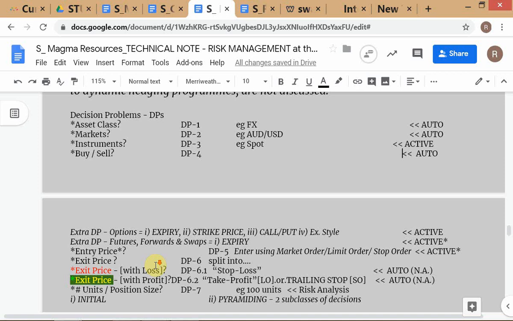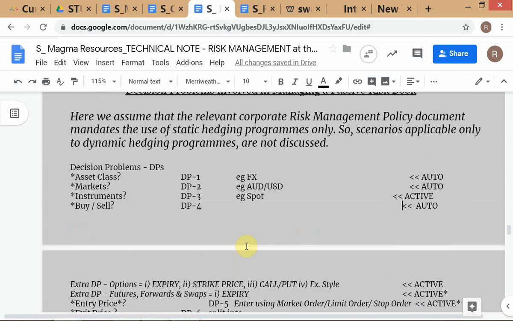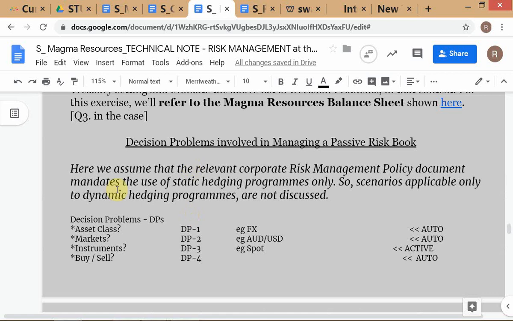Now exit price, I've not written anything against the exit price per se, because the exit price decision is split into two: exit with loss, exit with profit. So here, if you see at the top of this module, I've written that, to give you the essence of the idea without making it too complicated. We have assumed that this entire discussion about how the solutions to the decision problems we faced while managing an investment fund are altered when you're managing a hedge book, to control the risks on a passive risk book,